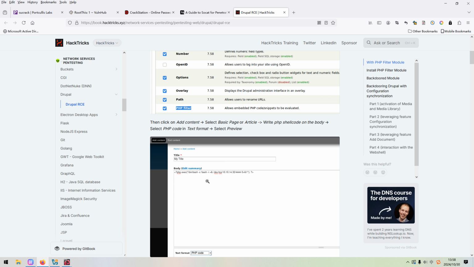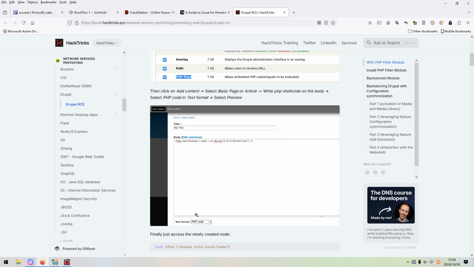I will put a more mature or more complete PHP reverse shell code in as the body of this page. But before we do that, if we didn't enable the PHP module, the text format will not allow us to use PHP code.